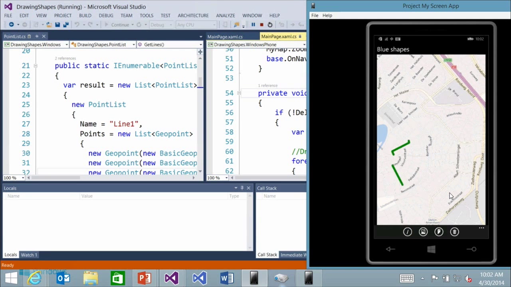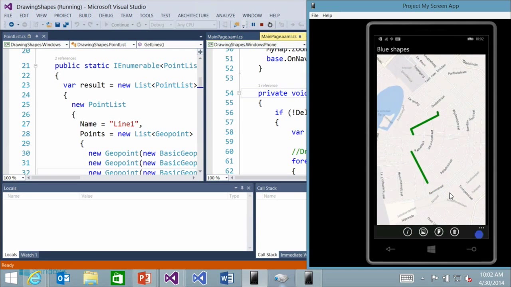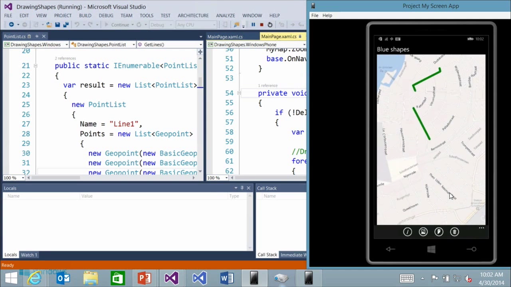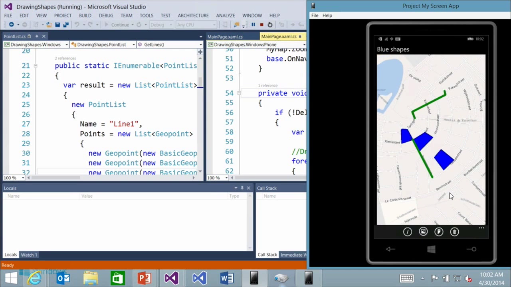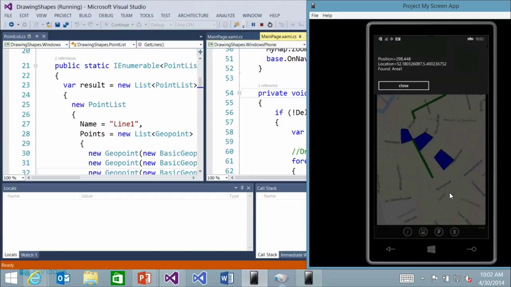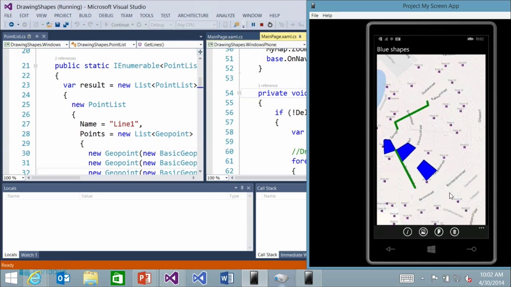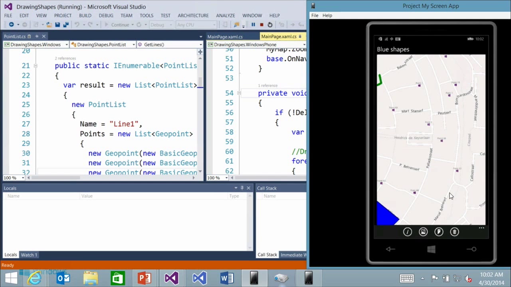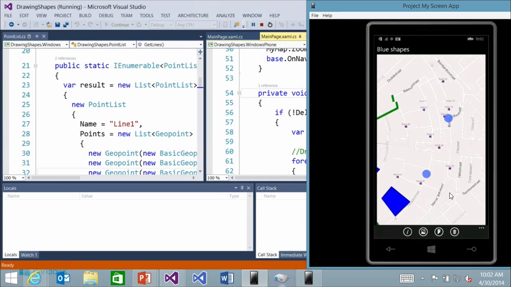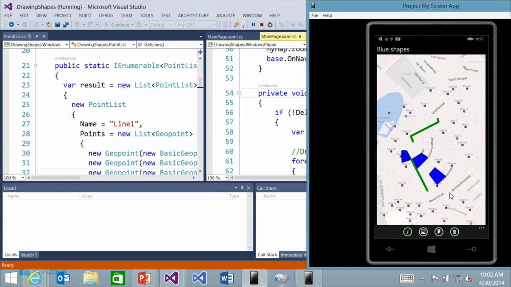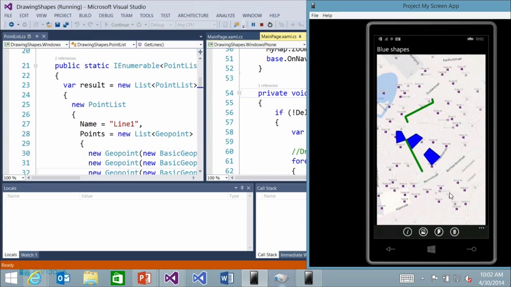So what we've got, we open this up, we've got lines. We're going to show some lines, some polygons, and some points, and we can see how those work with the native map control. We've created our lines. Here we've got some polygons, and if we tap on it, you see we've got some basic interaction there. And then we can add some points. And the points one is really exciting if you're showing a lot of data because we've got maybe 50 points here, so I think we need some more points.